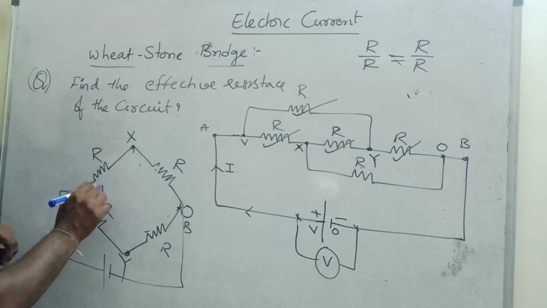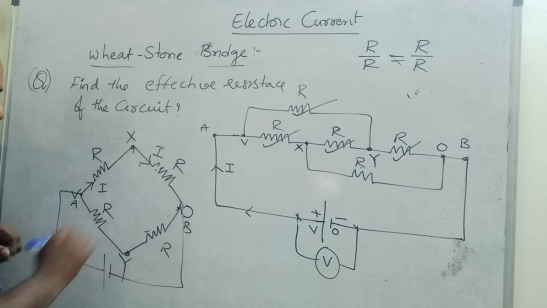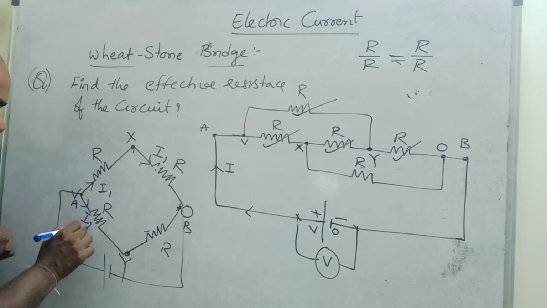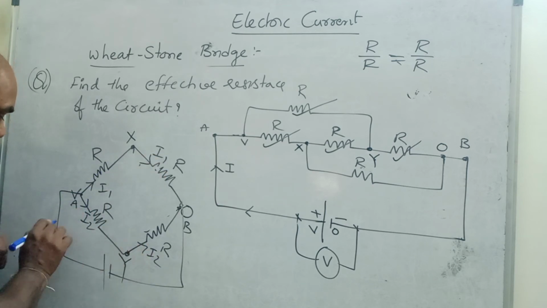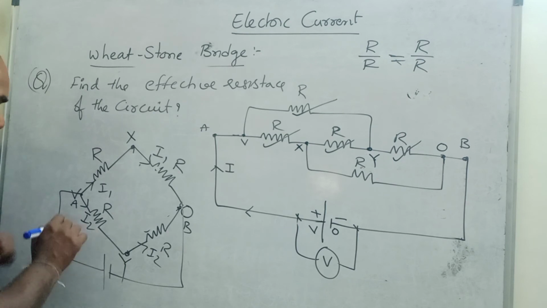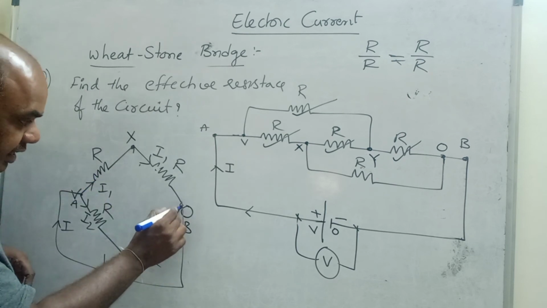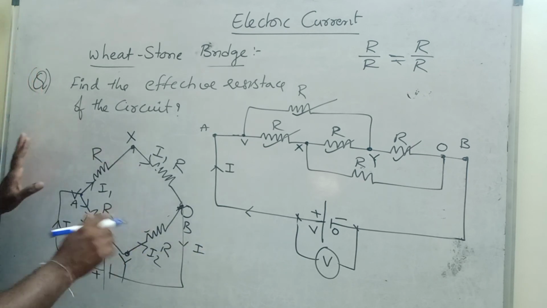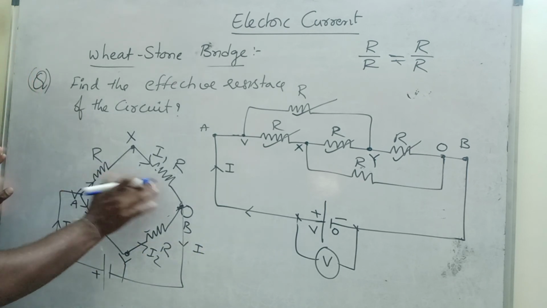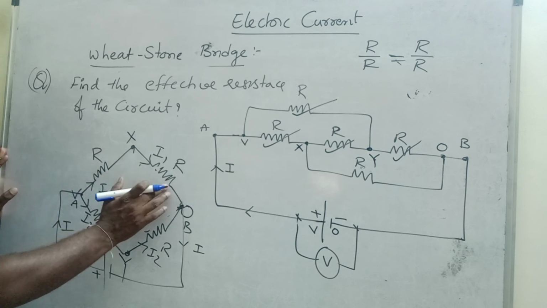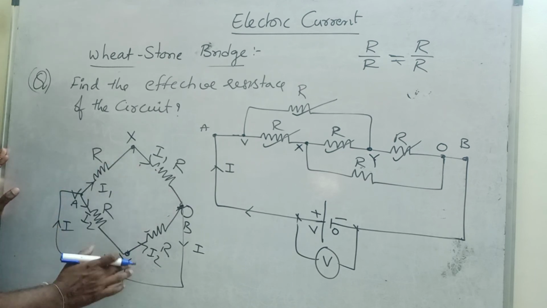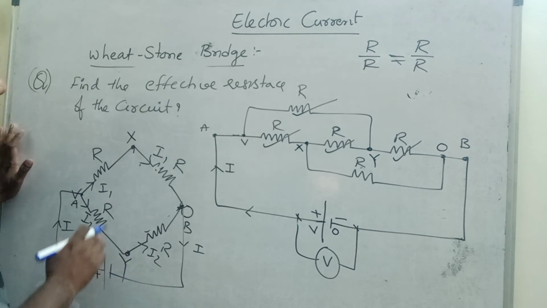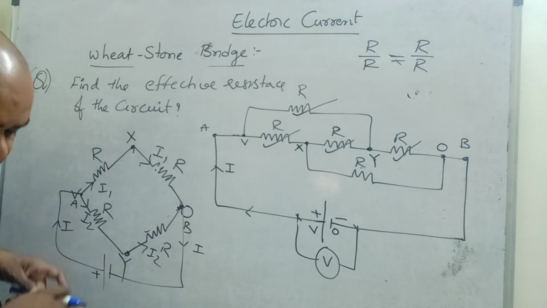Same current is flowing. I current here and I current here. Why? Because it is balanced. So I1 current, I1 current. Here I2 current. This is I2 current. Total current supplied by the battery is I, which becomes I1 and I2. When this I1 and I2 again merge, I current comes here. So in the total circuit, these two are in series, same current is flowing in series, R plus R, 2R. This is 2R, 2R, 2R parallel, parallel means R. Just now we saw, that means total resistance becomes R only.